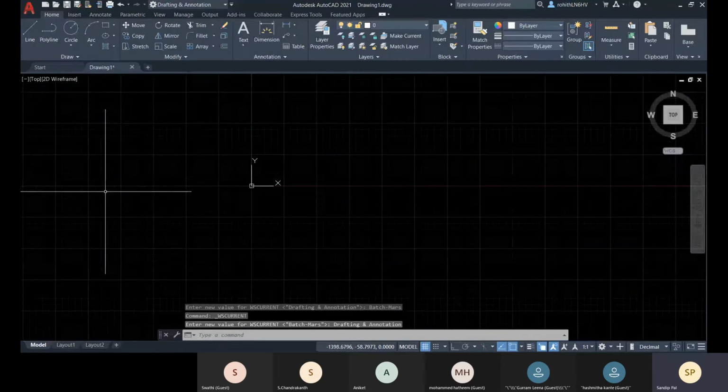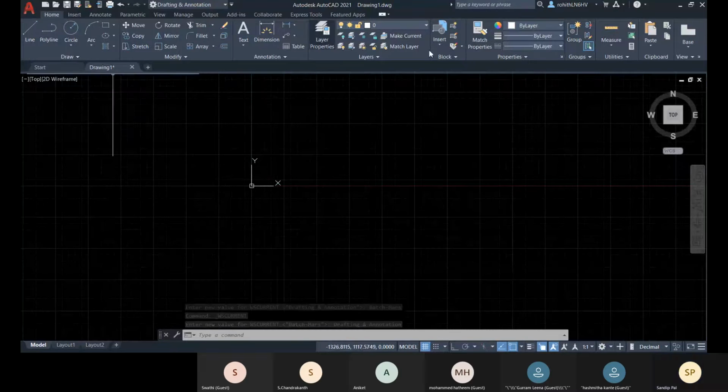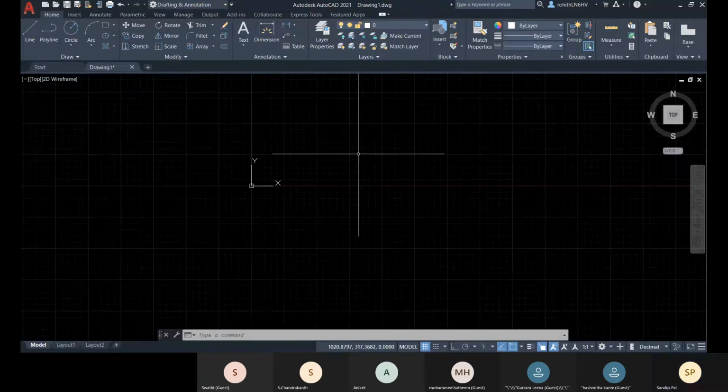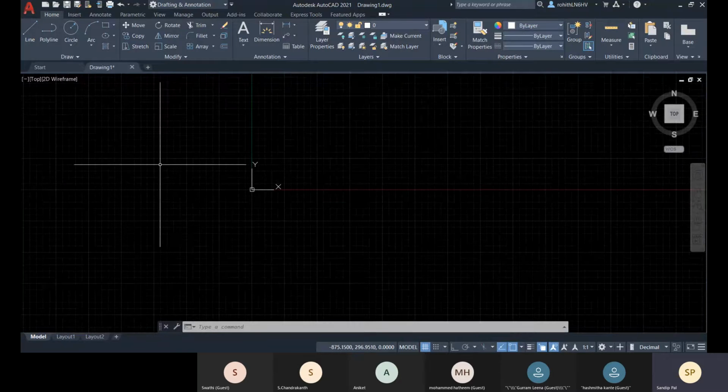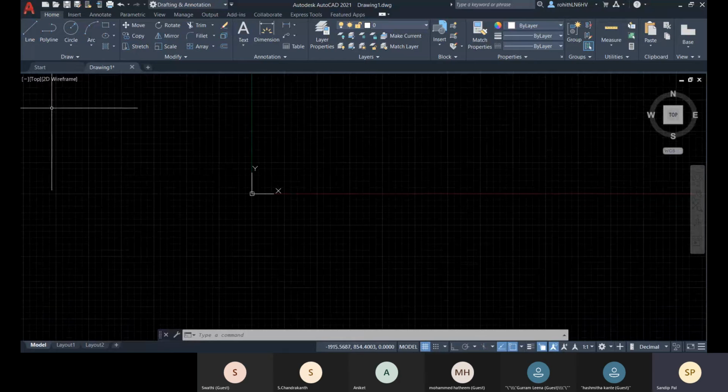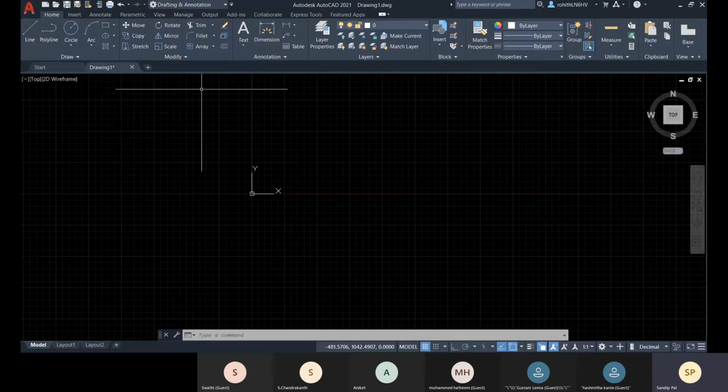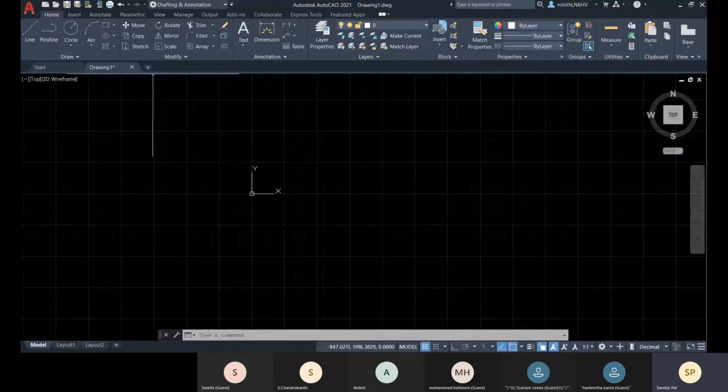All right. Now let's have a look at this GUI. This whole black area is called your viewport, or you can say your working or drawing area also.